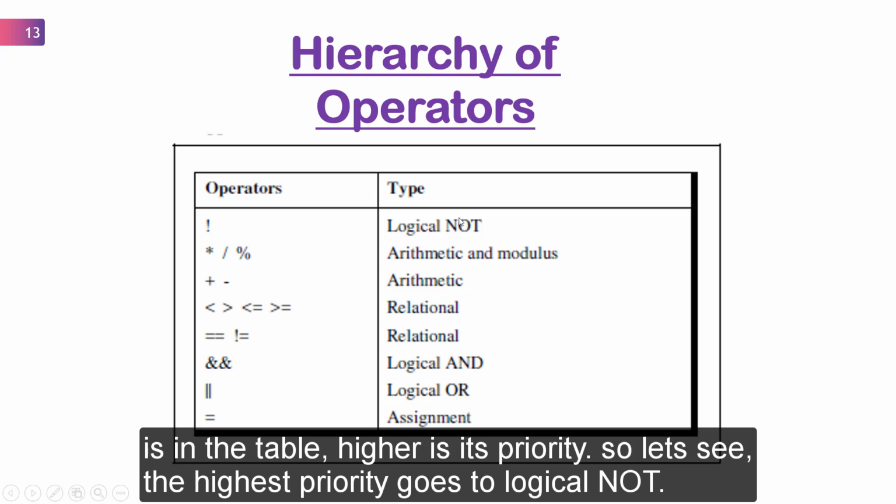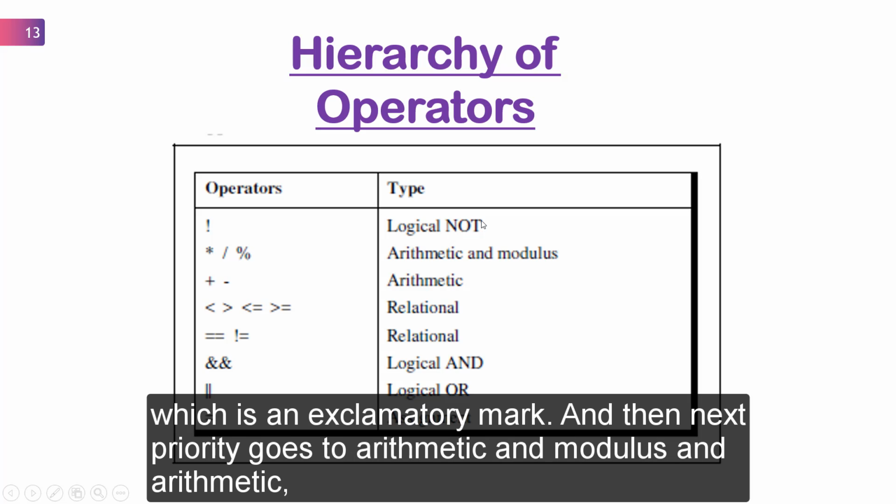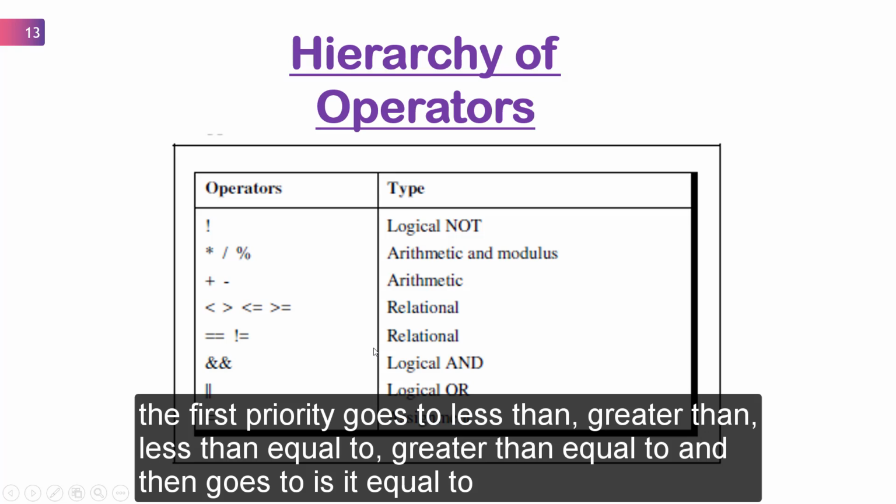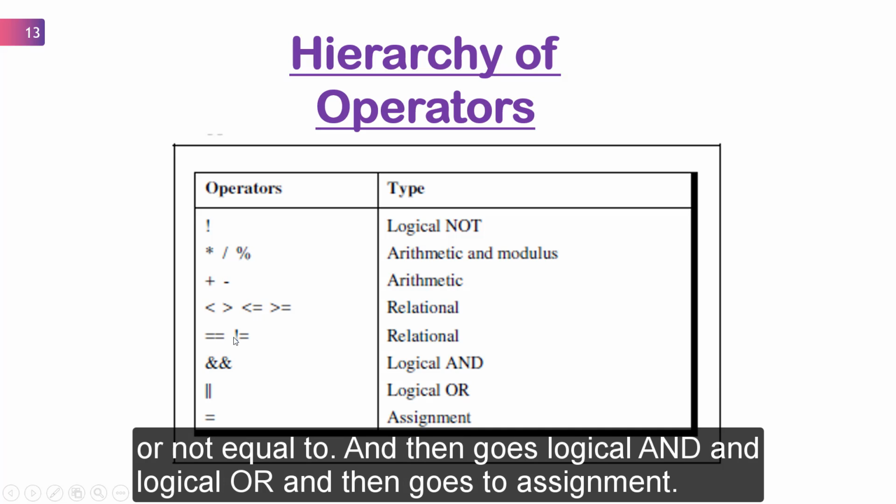The highest priority goes to logical not, which is an exclamation mark, and then the next priority goes to arithmetic and modulus, and then arithmetic, then relational. In relational, we have two. The first priority goes to less than, greater than, less than or equal to, greater than or equal to, and then goes to is equal to or not equal to, and then goes to logical and, and then logical or,